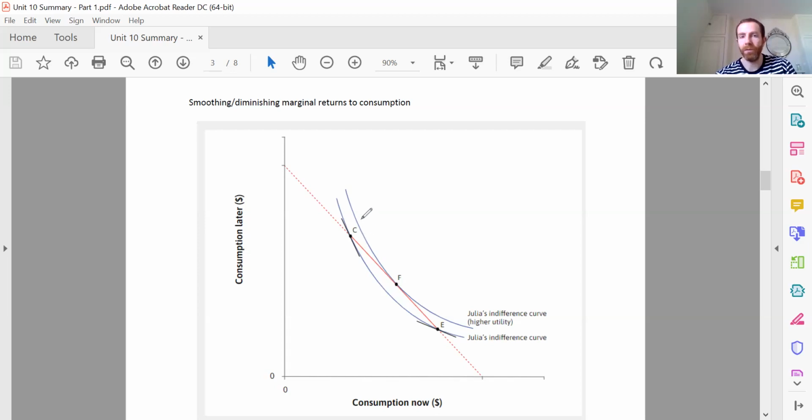Another way of referring to this willingness to smooth consumption is that people have diminishing marginal returns to consumption. Let's look at this section over here, consumption now. If I have, say, a really high level of consumption now, and you offer me a little bit more consumption now, even when I'm at this really high level, then I'd actually